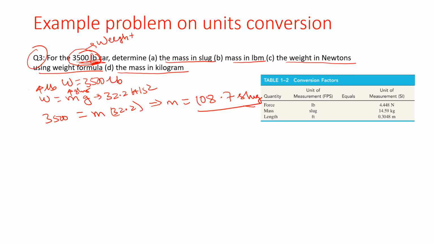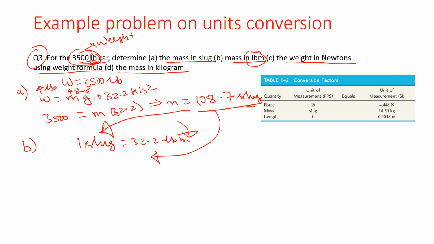Now we have this mass in slug. So this is A. For B, you need to calculate the mass in pound mass. Based on our previous discussion, we know that one slug is 32.2 pound mass. So use this to convert 108.7 slug to pound mass. And if you do the conversion, you get